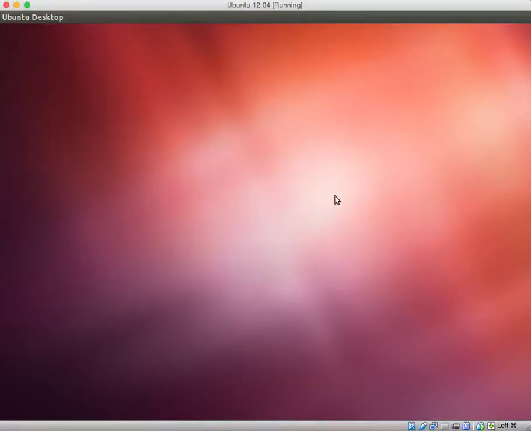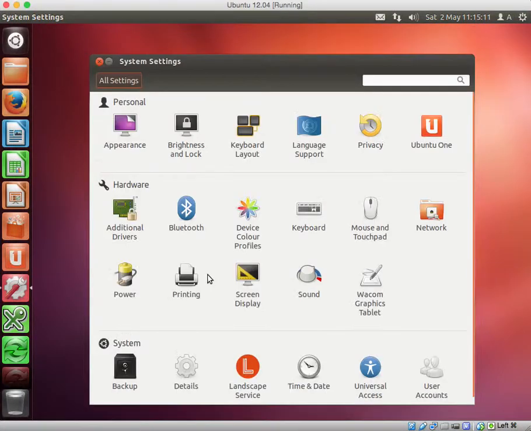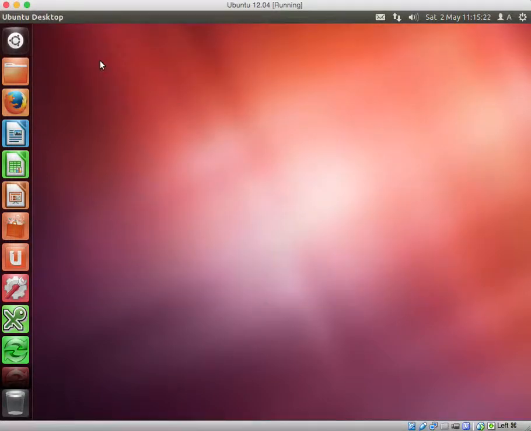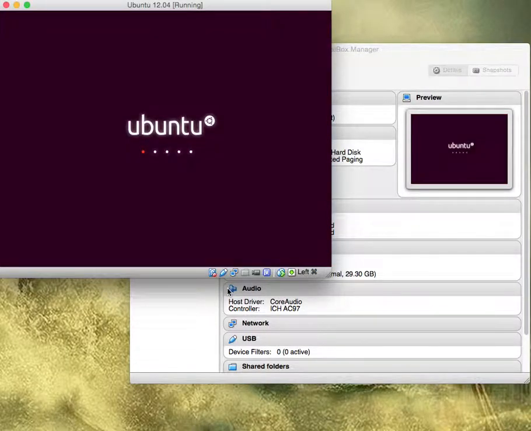This is how you test to see if it's okay. And if I go back to the system settings, details, and you've got 30 gig, voila. And that's how you go about extending a VDI file on a Mac machine in VirtualBox, and the operating system is Ubuntu. Just shut that down to make sure that error message is gone,